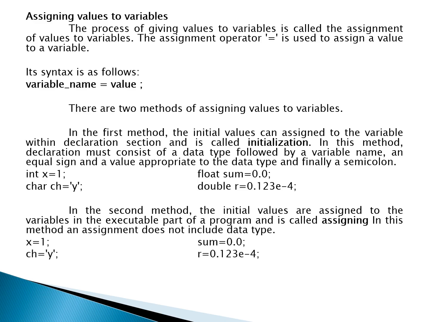Then ch is equal to y within the single quotes. Then r is equal to 0.123e-4 semicolon. This r is a small information